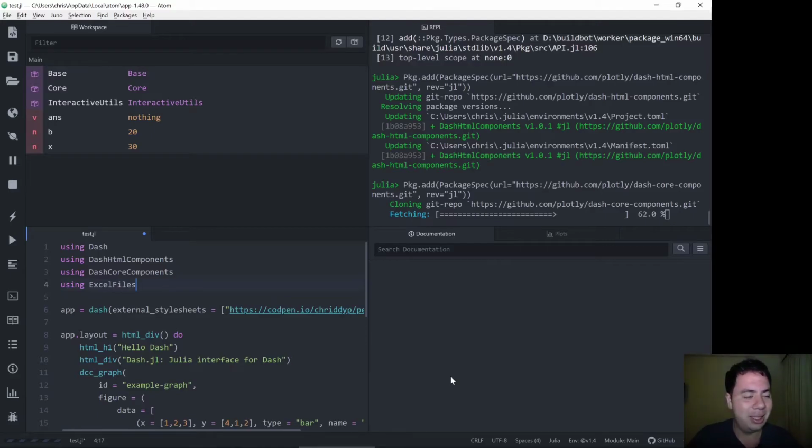I started with BASIC back in the day, but quickly moved on to Visual Basic to try to make programs. But I think my first most successful program was with Python. It was a web application, and lately I've been doing a lot of work in JavaScript, particularly with Node and React. So I do like working with JavaScript, though I thought I'd try out Julia to see what it's like